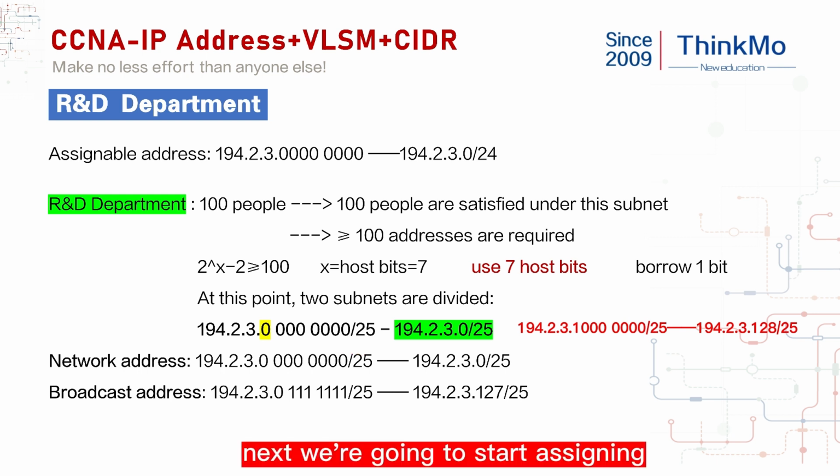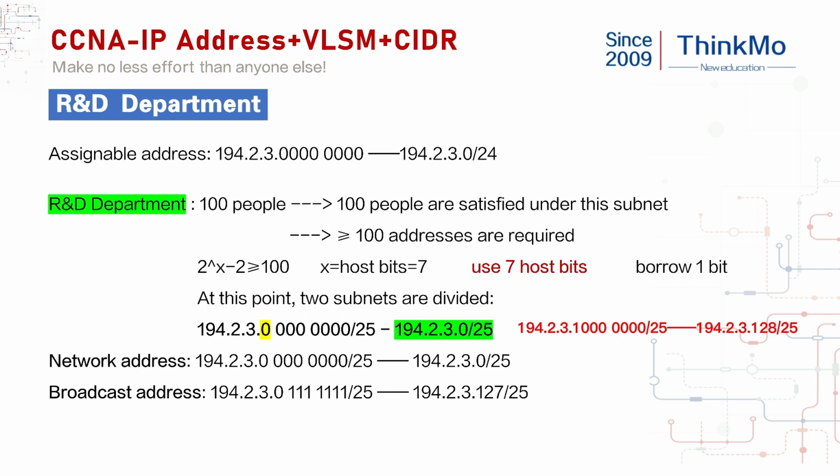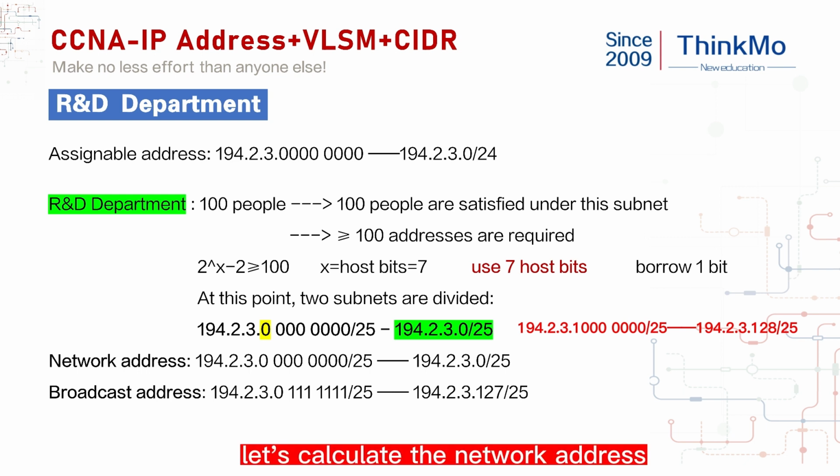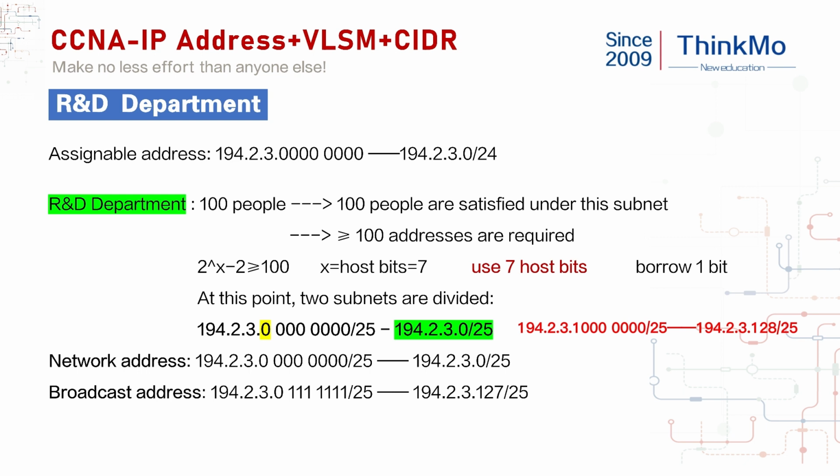Next we're going to start assigning. I plan to assign to the RAND department the one above this, 194.2.3.0 with a 25-bit mask. Let's calculate the network address of this network segment. 194.2.3.0 is its network address. With a 25-bit mask, its broadcast address,